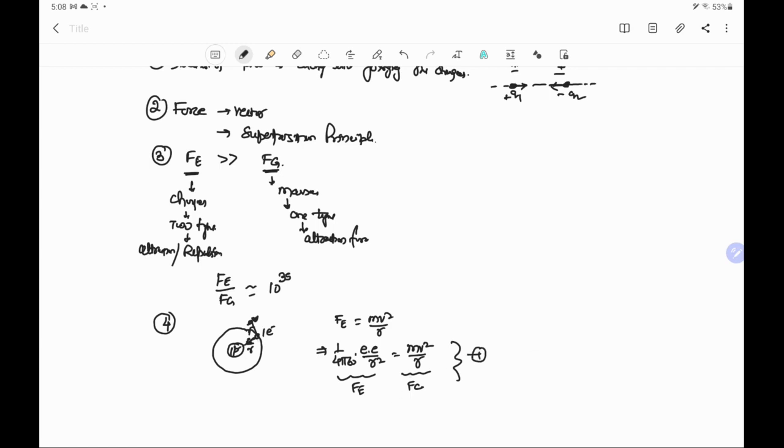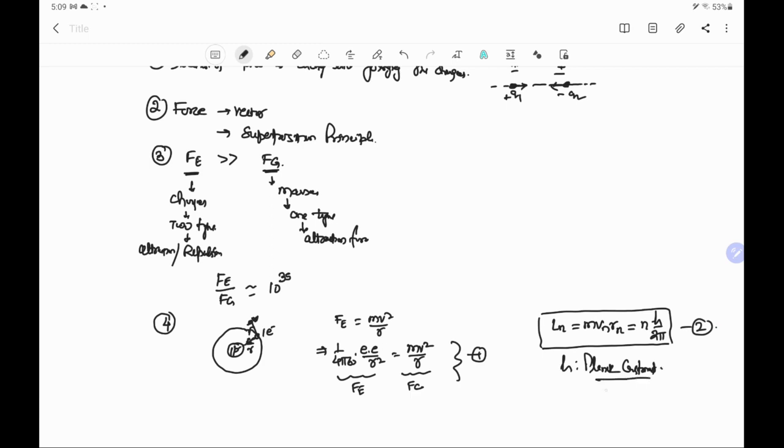Similarly, in the hydrogen atom, the electron revolves only in certain particular orbits. The orbits in which the electron can revolve obey the condition that the angular momentum of the electron in the nth orbit, equal to m vn rn, which we have already discussed in rotation, is an integral multiple of h by 2 pi. This condition will be discussed in detail in the chapter on atoms, but here we are giving it for reference. This is equation number 2, and h is Planck's constant.